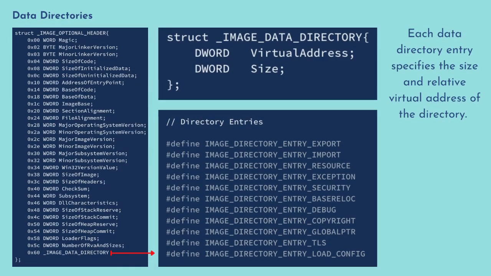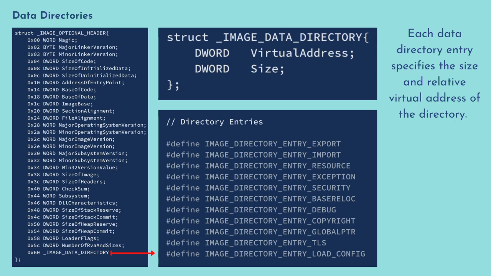Image Data Directory. It is the last entry of the optional PE header. As shown in the figure, the data directory indicates where to find other important components of executable information in the file. It is really nothing more than an array of image data directory structures located at the end of the optional header structure.